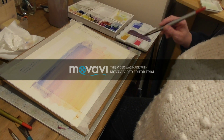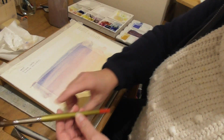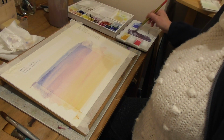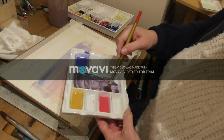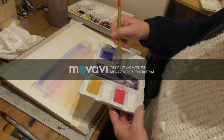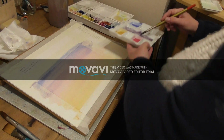So now I'm going to go, well, first of all, I'll use size. I'm going down from a 16 to a 12 initially, and I'm going to pick up some of this grey. Now again, the pigments have all split, so what I'm doing is I'm giving it a really good mix. So we've got the colour there. There we go, make sure that it's all mixed in properly. Okay,